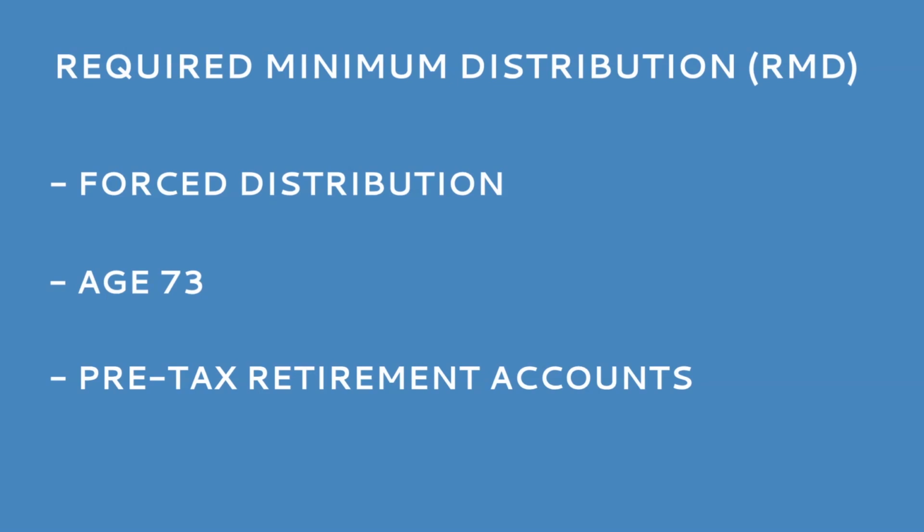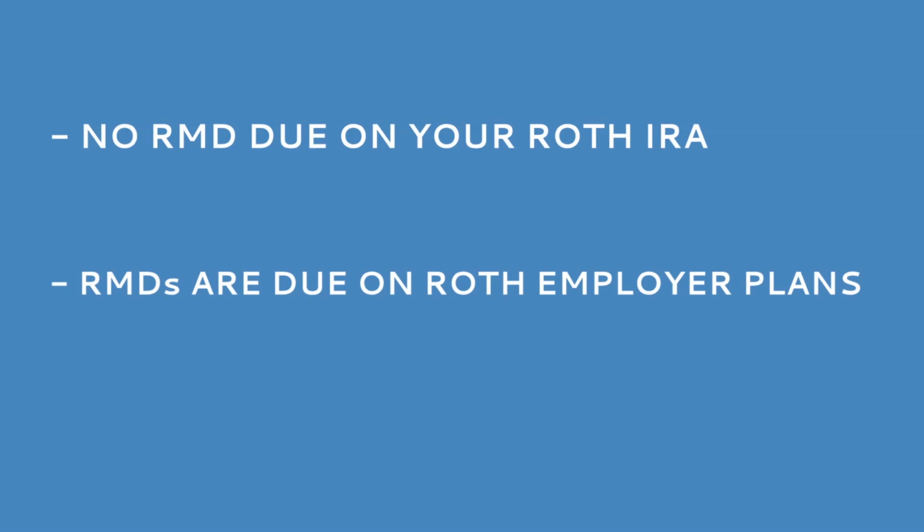So what is a required minimum distribution anyway? Also known as RMD. An RMD is a forced distribution when you turn age 73 from your pre-tax retirement accounts. Things such as traditional IRAs, 403Bs, 457Bs, 401Ks, etc. Now, it does not apply to your Roth IRA accounts, but Roth employer plans will require an RMD, but more